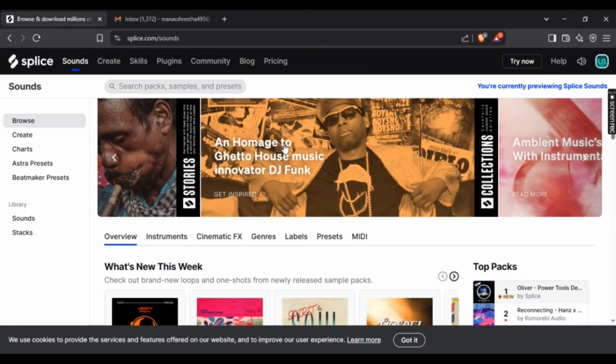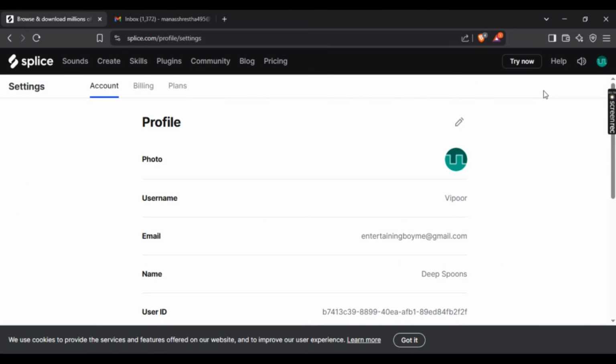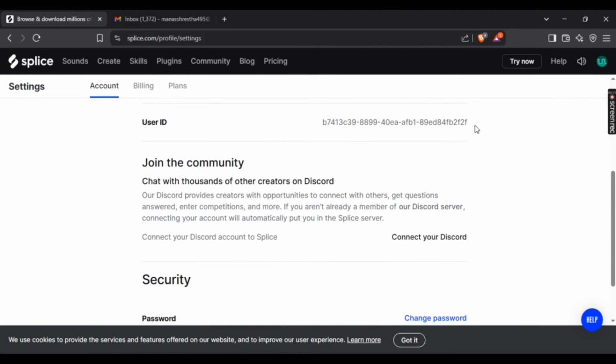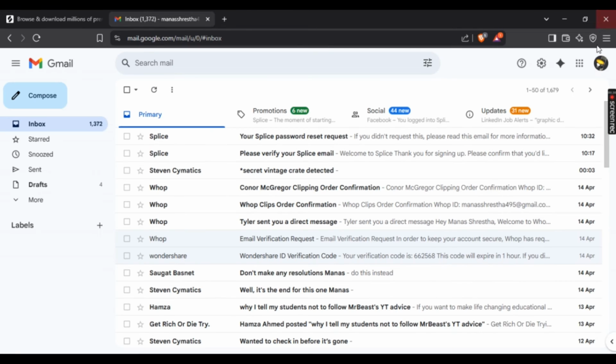Now, first off, simply on the top right corner, open up your profile. And once you're there, select View Your Profile. Now scroll down until you see Change Password. Right here, you can see Change Password. Simply click on it. But once that is done, there should be a password request sent to your email, so